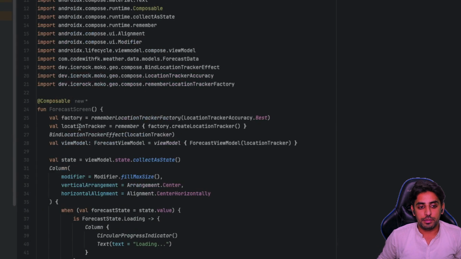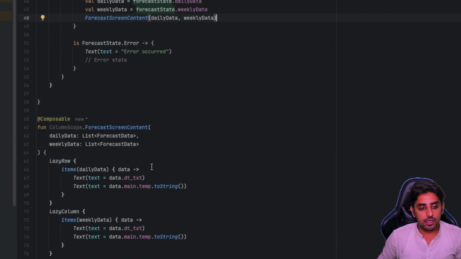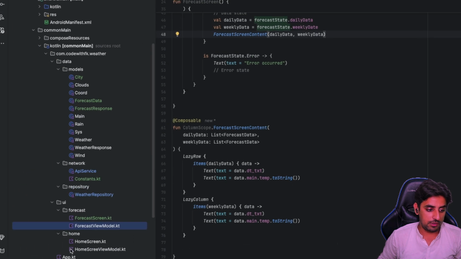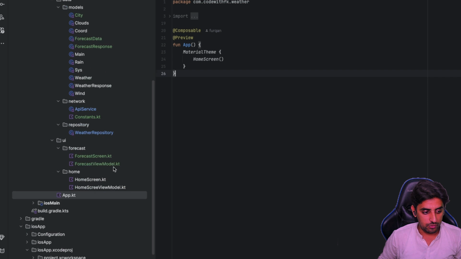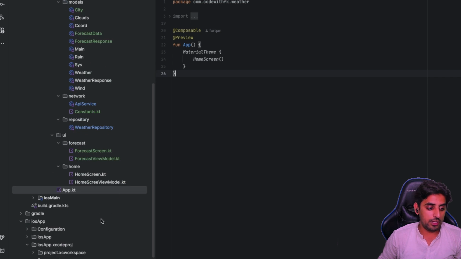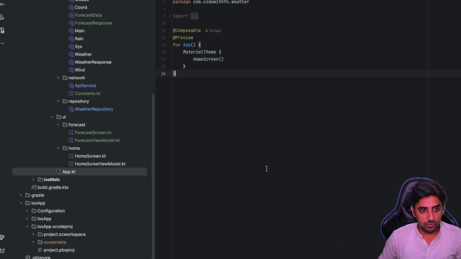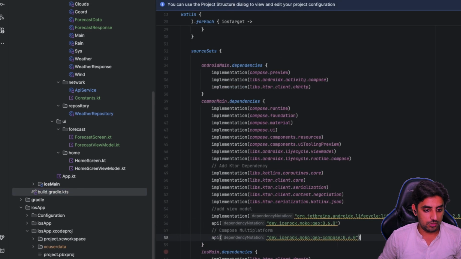So pretty much a lot of things that we have done. Now what we need to do is test, and right now we don't have any mechanism by which we can navigate from one point to another. So I'll need to integrate navigation as well. If you want to integrate navigation, we'll go back to this